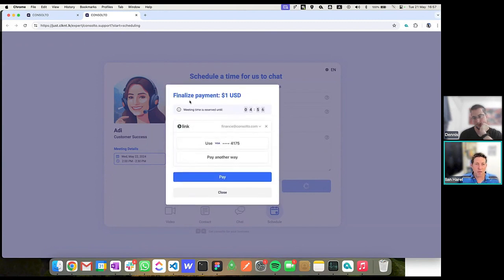Okay, so I as a customer need to finalize the payment. You will see here, if you have PayPal, you'll see here PayPal. You may have credit card or whatever. I set this so that in this demo, you will not see my credit card details. So anyways, the customer has also only 5 minutes to complete the transaction because we are reserving that time slot during the payment. Otherwise, two customers could potentially pay for the same time slot, and we don't want your customers to be in this wrong scenario.